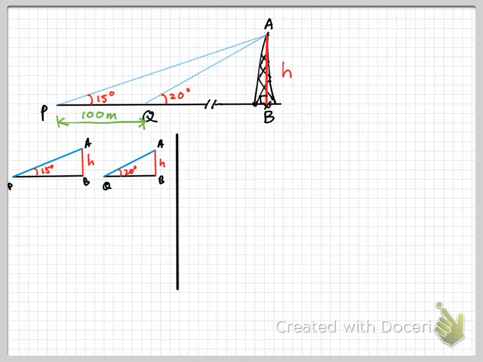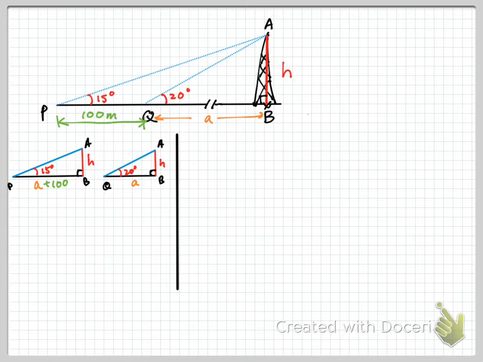All right, so let's say we call this distance A, shall we? This is A in orange. So we know this is A, and this is A plus 100. All right, so we can use the tangent trigonometric ratio to set up two equations to solve for the two